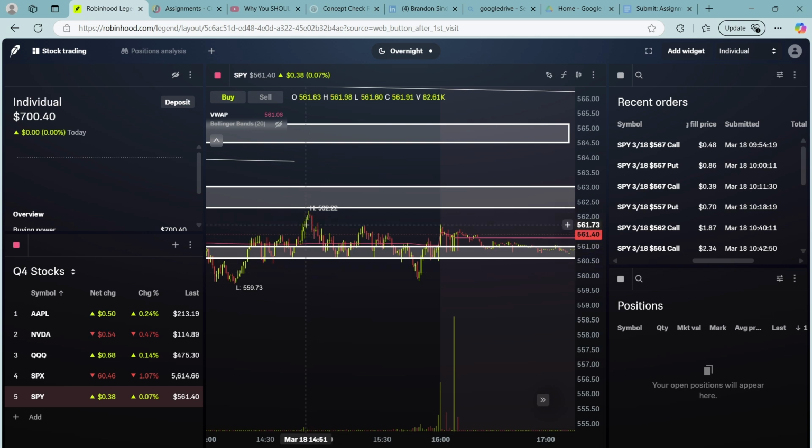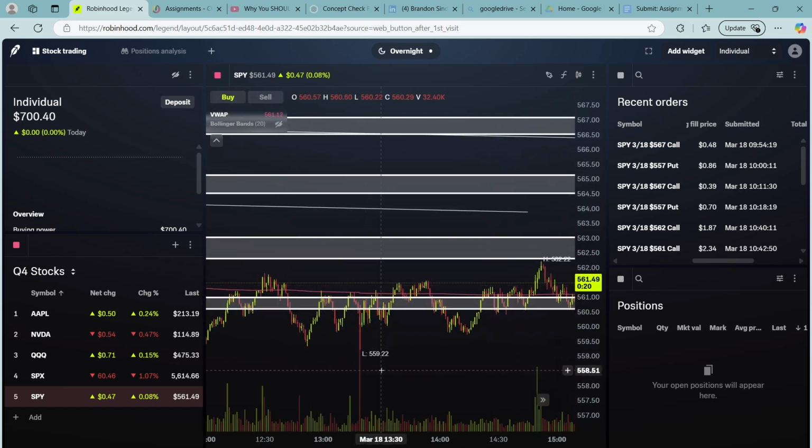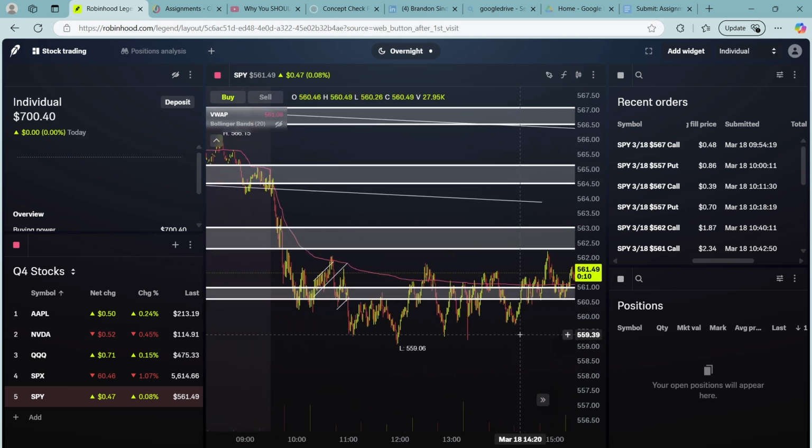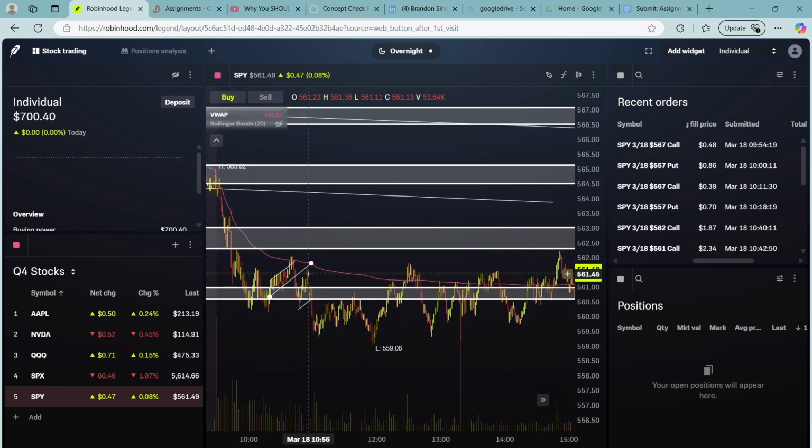I think I sold them around here, but they were already out of the money so long. As you can see, there was a lot of retesting, so they were already out of the money. I lost my money, but yeah, I think right there I should focus on just pulling. I should probably pull as soon as it breaks my supply, and maybe I drew the supply too high, but